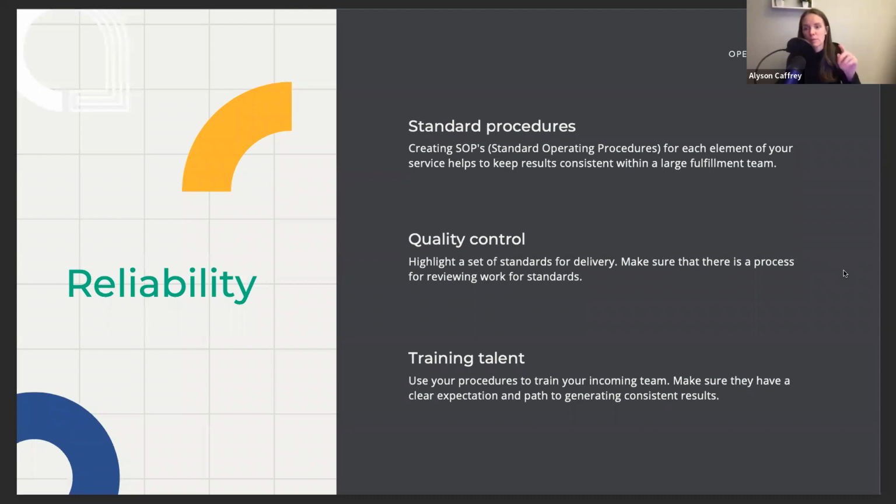And I mentioned this before, but training your talent is absolutely going to be so much easier and so much cheaper. When we start to talk about capacity planning too inside of an agency, a lot of folks will say, oh, well, we just need to know when to hire another person. We need to know what the indicators are. And I totally hear that. I understand that. And I get that that is a valid concern in terms of being able to have a frictionless way to scale. But once we get somebody into the business, it's almost like we're giving them this tool, but